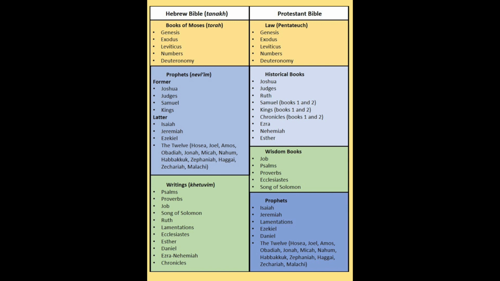We'll talk about the divisions a little bit next week, and we'll talk about the placement of these books a lot more next week, but I want you to notice Ruth. Find Ruth on the Hebrew Bible listing, and then find Ruth on the Protestant Bible listing. And although there are some books out of order here or there, notice how severely out of order Ruth is compared to the other books. That is a key in understanding perhaps what is happening with the little story of Ruth. Now, it's a key that I'm not going to help you use yet, but I wanted to lay it out there so you can have yourself a little homework.